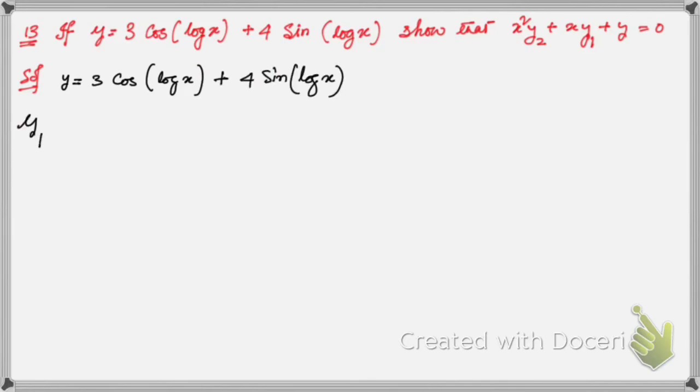So y1, the first order derivative dy by dx. If you differentiate, we know the derivative of cos x is minus sin x. So here we will get minus 3 sine of log of x. If you differentiate log of x again, you will get,